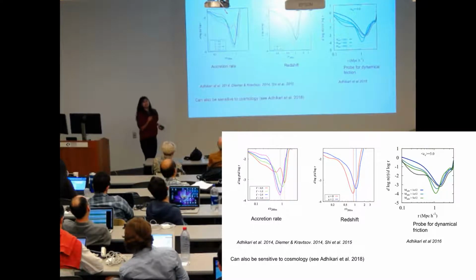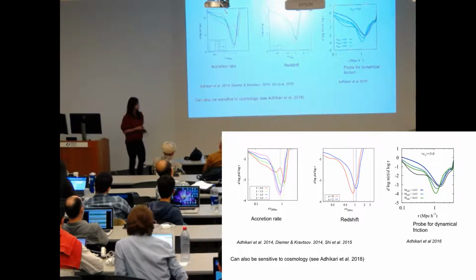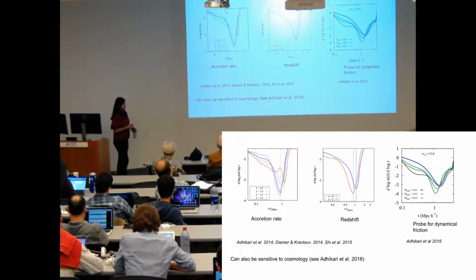And also, not only in particles, you expect to see the splashback radius in massive substructure, which falls into dark matter halos. They similarly follow orbital motion inside of halos. And depending on how large your subhalo is, you expect the splashback radius to change just because during a subhalo's orbit, it loses energy to dynamical friction. So the most massive subhalos tend to splash back at a smaller radius than the least massive ones, which agrees with particles. Right. So this can also be used as a probe for dynamical friction in halos.